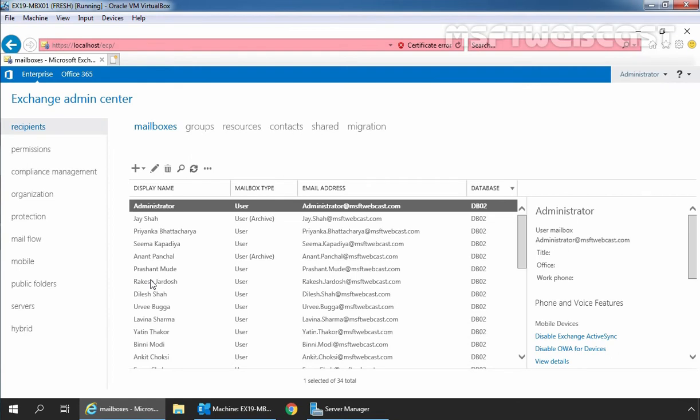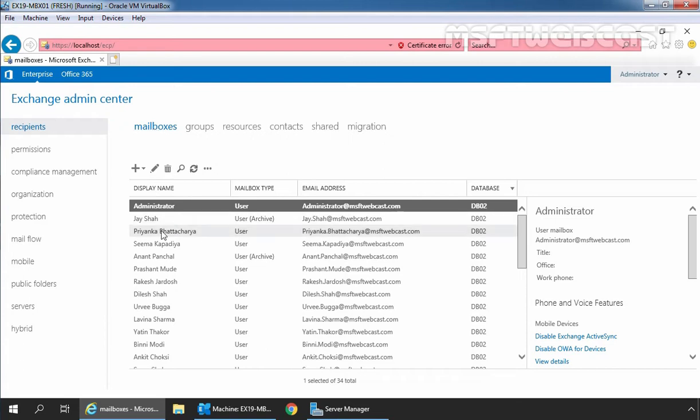In the Exchange Admin Center, we need to click on the Recipients section and then click on the Mailboxes tab. In the list of user mailboxes, click on the mailbox to which you want to add an alias email address. In this example, we need to assign a user with the primary SMTP address priyanka.bhattacharya@msftwebcast.com a shorter alias email address named priyankab@msftwebcast.com.